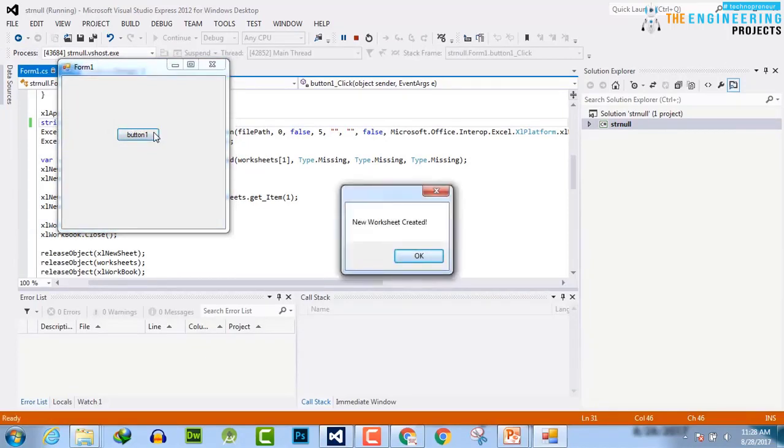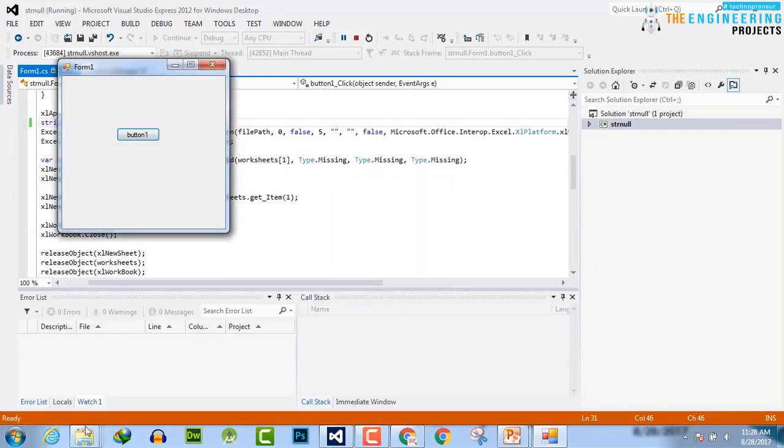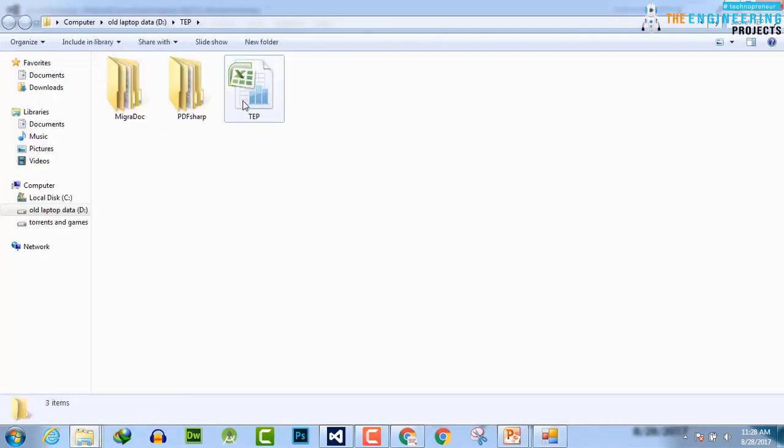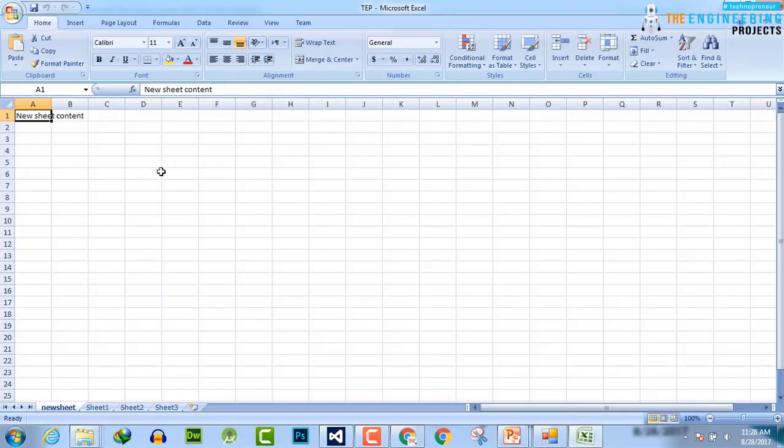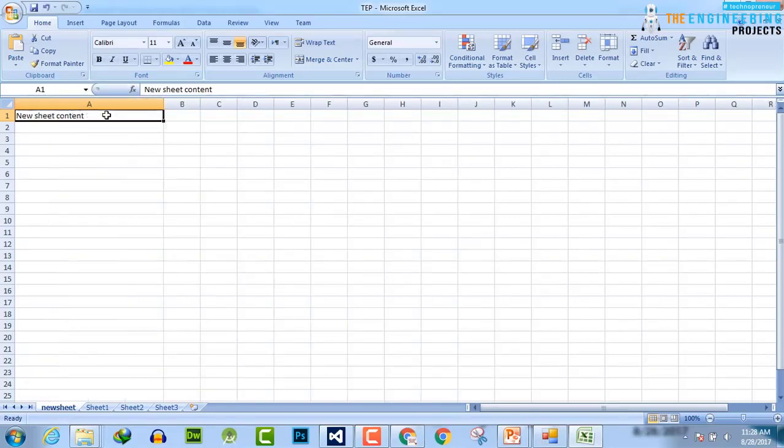The new worksheet is created. Let's verify that. Open it and you can see that the name of the worksheet is new sheet, and in column 1 and row 1 the new sheet content is entered and it is already saved. From now you can create your own point of sale application and give the functionality to add a new separate sheet